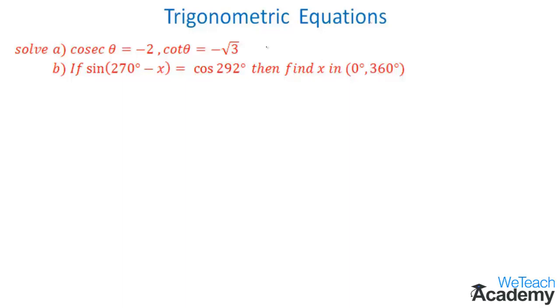So first let us try to solve the first bit. And under the first bit, we are given with cosecant theta. So now let us try to change trigonometric ratio in terms of sine. So in order to change, we already know that cosecant theta is equal to the reciprocal of sine theta, that is 1 by sine theta. So now here we can find the value of sine theta, which would be equal to minus of 1 by 2. And similarly, we are given with the next equation, which is cot.